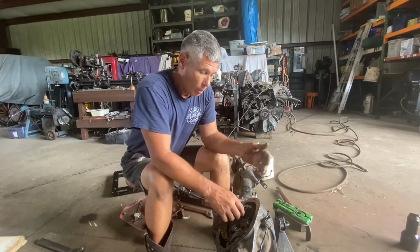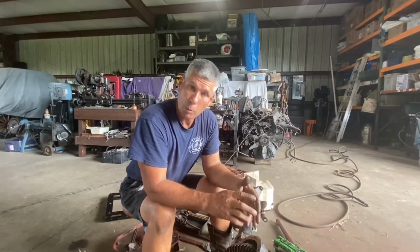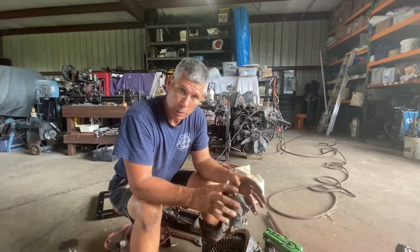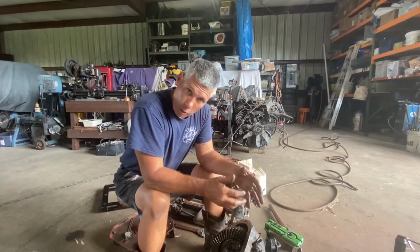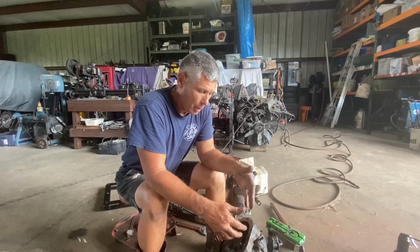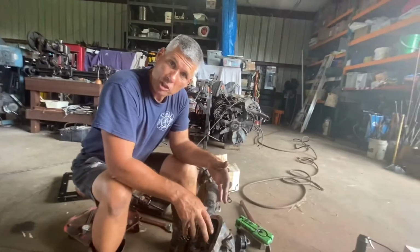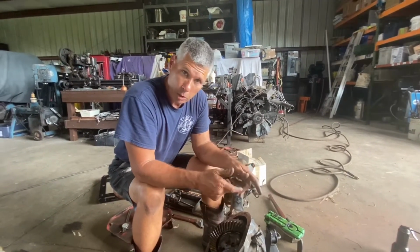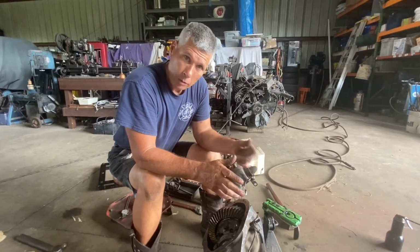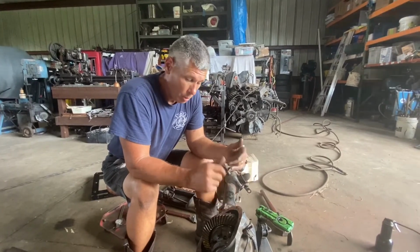preload set. Now, one of the things you can do different than what I did is you can set the pinion preload last, because you'll have the depth. You won't be wasting your time torquing that thing down and getting the preload just right when the pinion has to be moved. Not that it'll change your preload shim stack, but you can just set the depth, your backlash, get your gear tooth pattern proper, and at the very end you can just set your pinion preload, take it back apart one time, put the seal on it, and torque it down for good, and put your new bearings